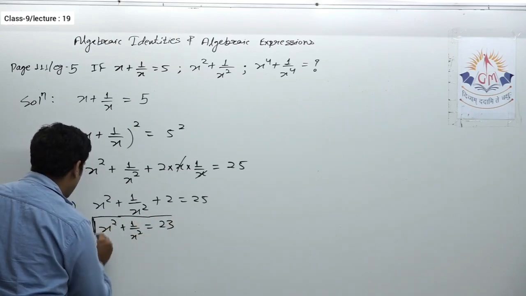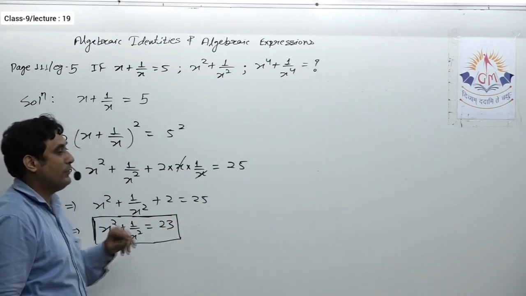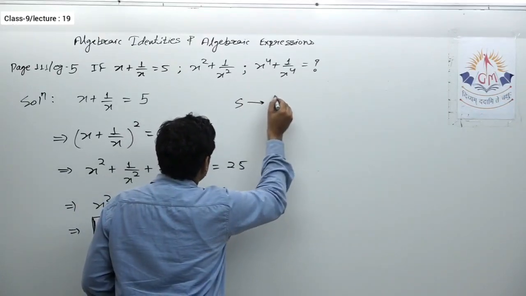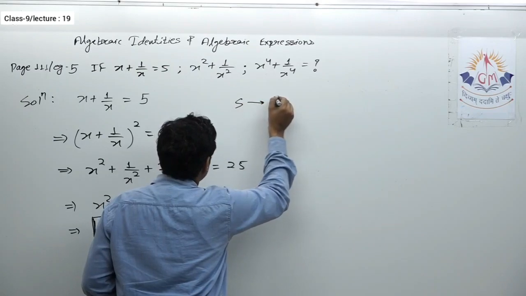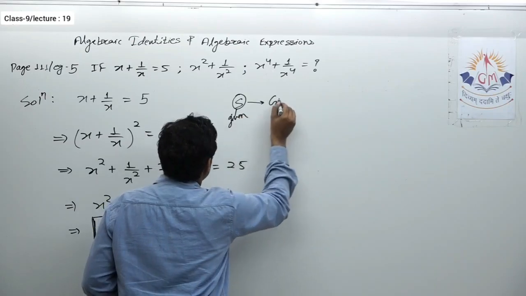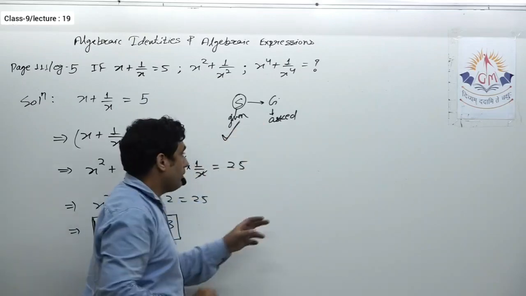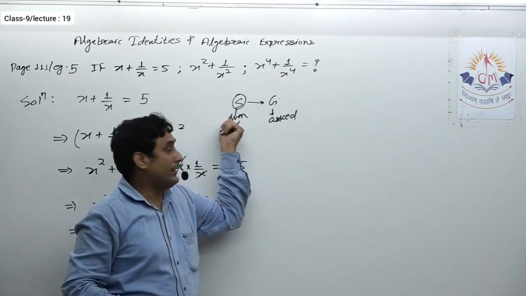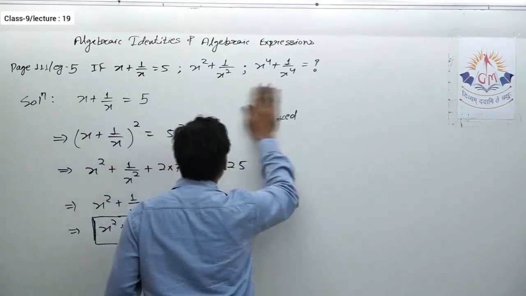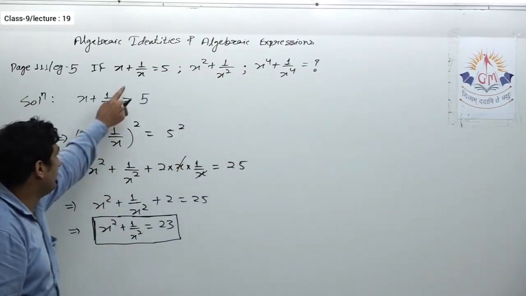So again I will repeat that whenever a smaller expression is given and you have to find the greater one, that means when we have to go from smaller to greater, when the smaller is given and that is to be asked, then what we have to do is start with the given. We'll also see the type of question where the greater is given and we need to find the smaller, and then we'll start with that. We'll come to that type of question as well, but over here simply, if the smaller is given and the greater we have to find, we'll start from the smaller.